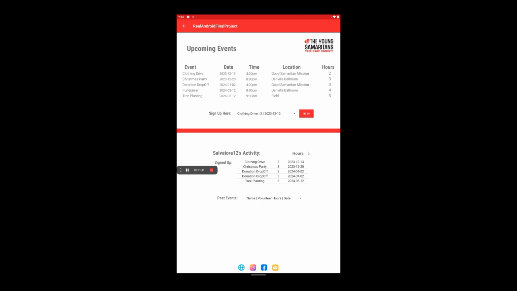We can say, oh, I'm in. And then you can see it pops up right there. And then it is also updated in Firebase. All right, so then we're going to go. Oh, also important to note,